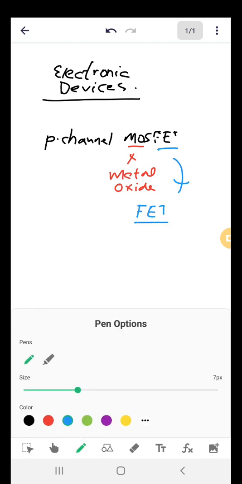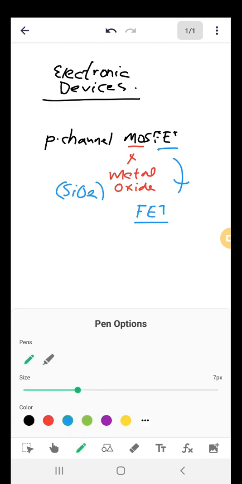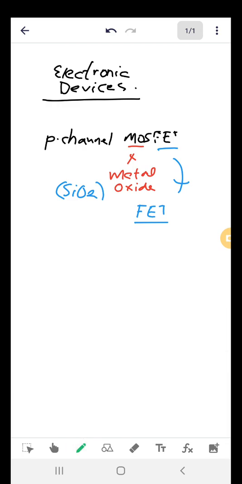Now, when we talk about MOSFET, we mainly mean SiO2, but we have also started using titanium dioxide in place of SiO2, and it is preferred over SiO2 because the relative permittivity